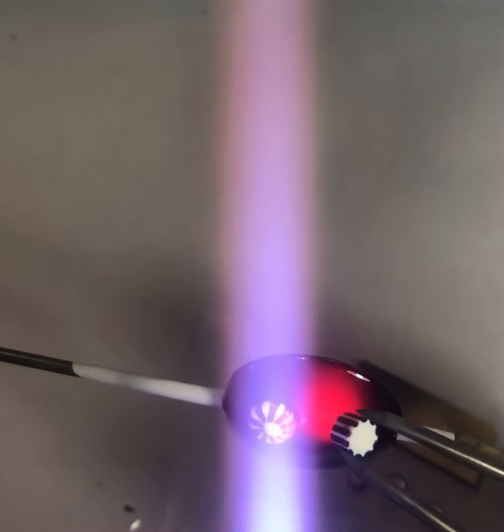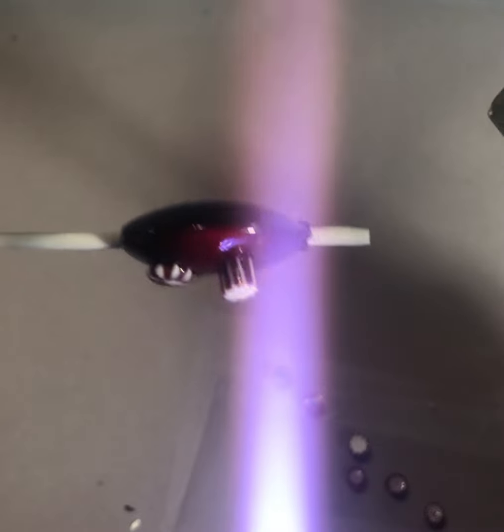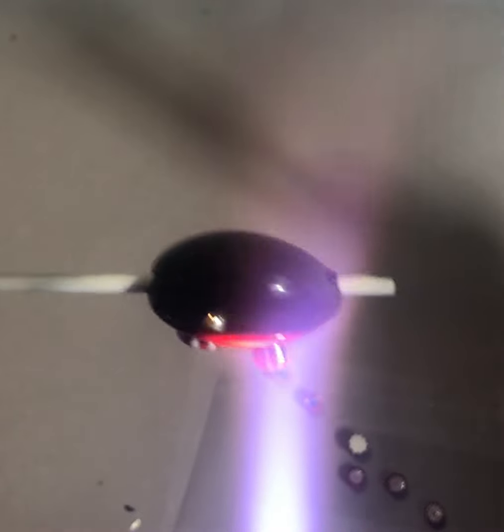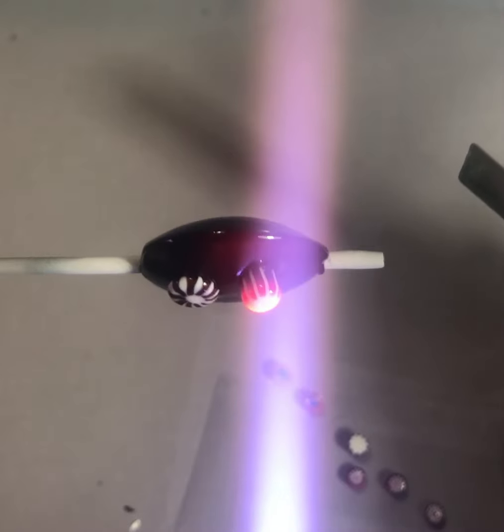So I'm placing that murrini, and again, when I heat the murrini, I always heat around it. I explained that in some other demo, but when you heat the outside of the murrini, that one will get hot first, versus if you just cut it